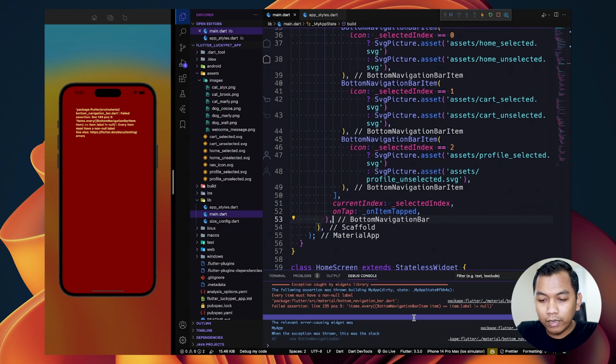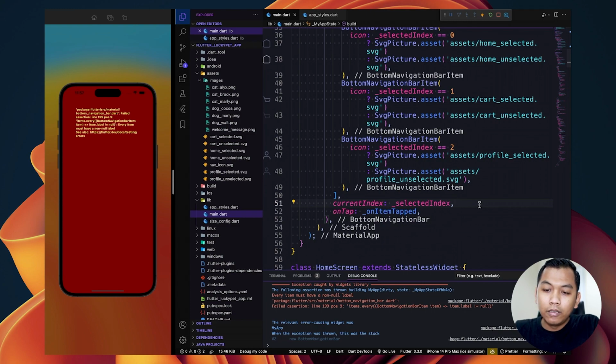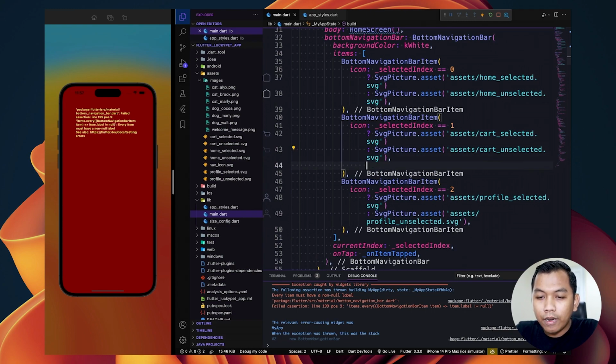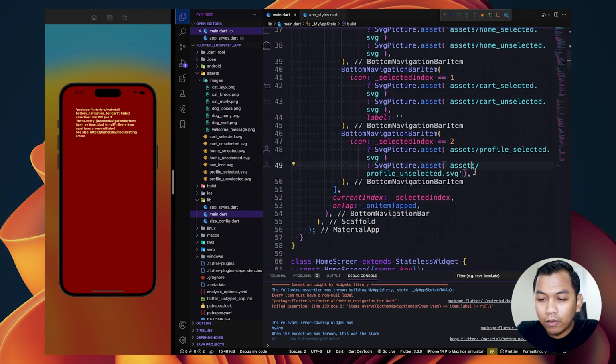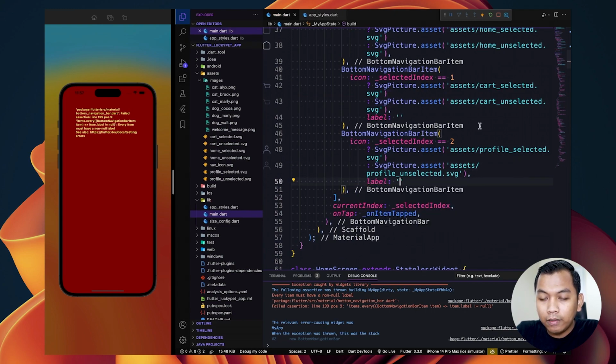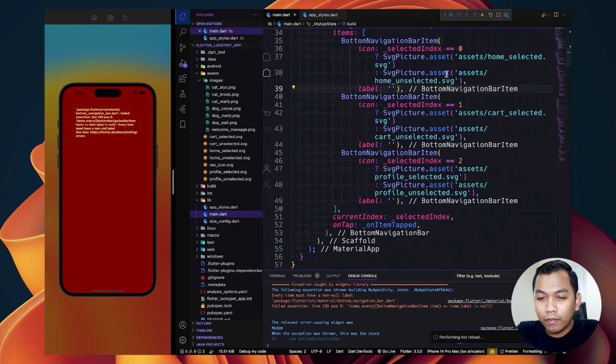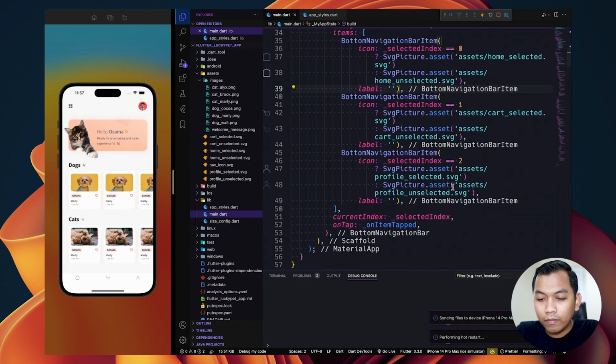Alright, so we still have error here. So we have to add label. So here we add label blank, and this also label, and this label. Alright, so we will see a bottom navigation bar,